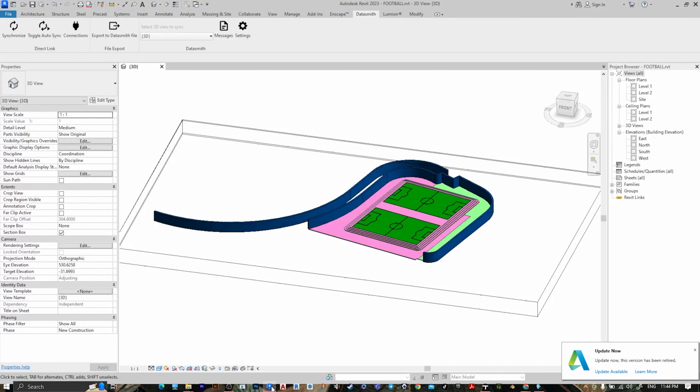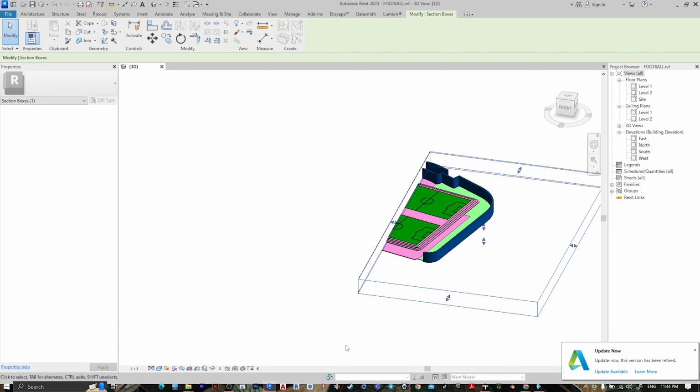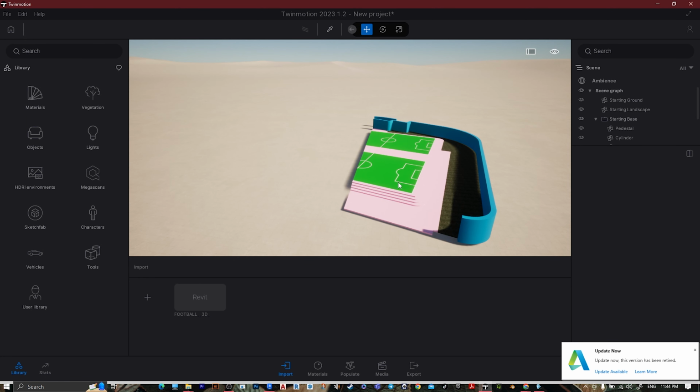Go to Revit, let's toggle auto sync, and let's make our section. Let's make it like this. Go to Twinmotion,